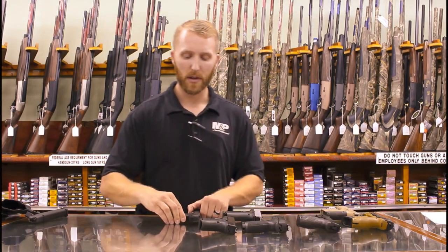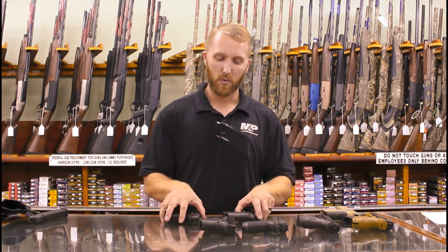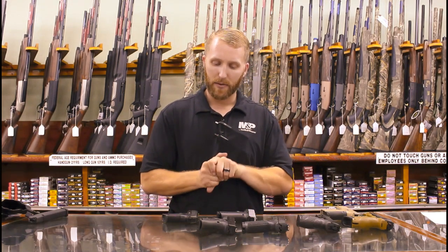Both are 10 round capacity standard, but you can buy the 12 round mags for the 365. So which one's the best? That's what people always ask. Which one would you carry? Which one do you like? Well,